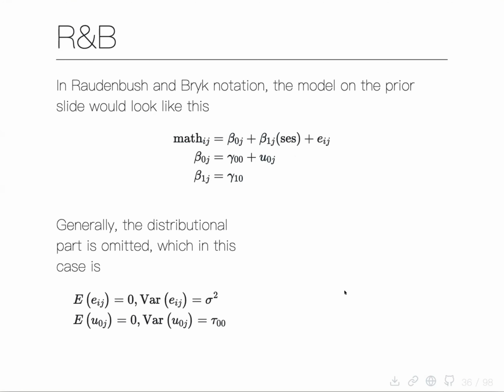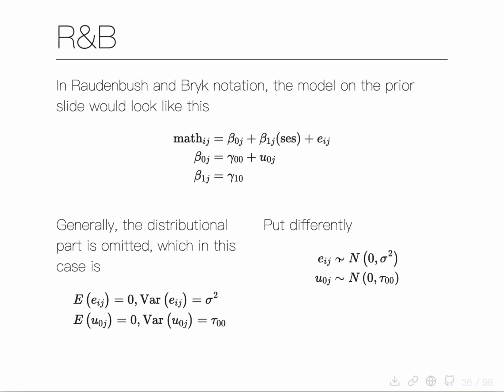Okay? But again, just like in simple linear regression, what we typically don't show is the distributional assumptions here. So this is not always the case, right? Sometimes people show this, but a lot of the time they don't. The expectation of e_ij is 0 and the variance is sigma squared. The expectation of U0j is 0 with a variance of tau 00. Put slightly differently,